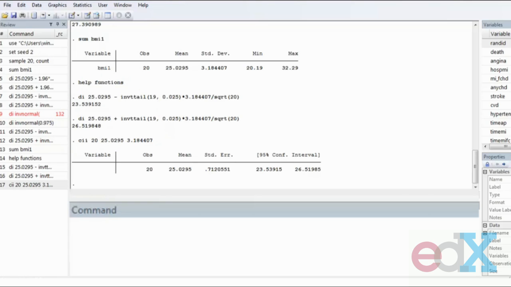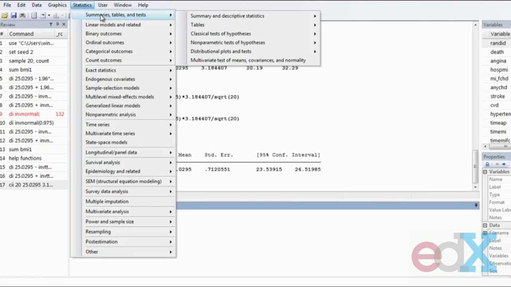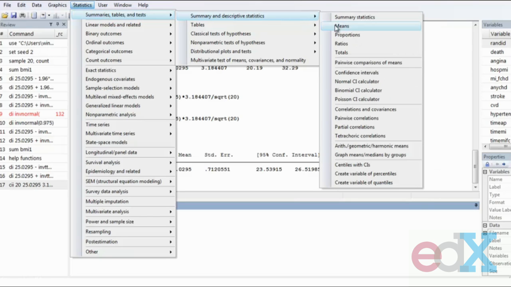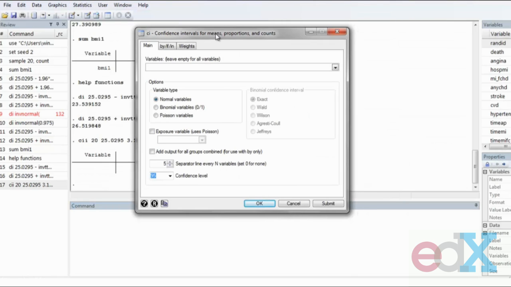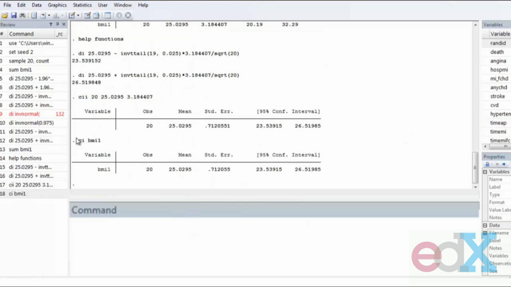Now, does it actually get easier than this to make a confidence interval in STATA? And yes is the answer. So to just calculate a confidence interval from data that's already read into STATA, I can again go Summaries, Tables, and Tests, Summary and Descriptive Statistics, and then just click on this confidence intervals. And you see this window pops up, and the command that we use is CI. I'm assuming that it's a normal random variable. The variable I'm interested in is BMI1, and I want a 95% confidence interval, as you can see down here. That's the default. And I hit submit,